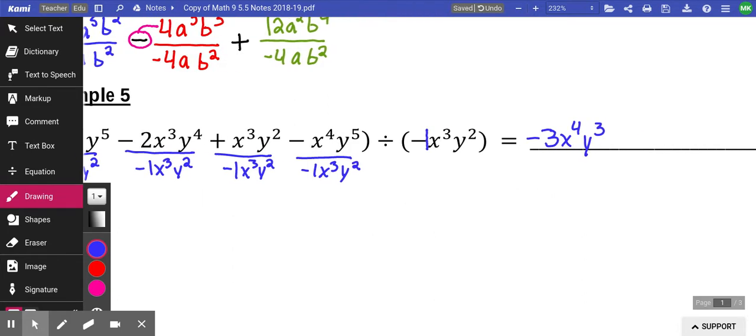The middle term, a negative divided by a negative should have turned to a positive. Check your answer to make sure you have a plus symbol, not a negative symbol. 2 divided by 1 is 2. X cubed divided by x cubed cancels out. Y to the 4 divided by y squared is y squared. The third term,